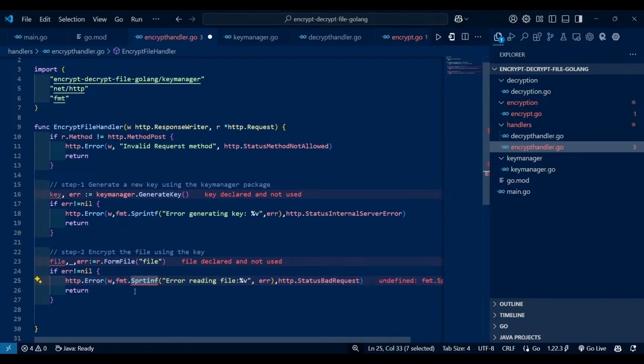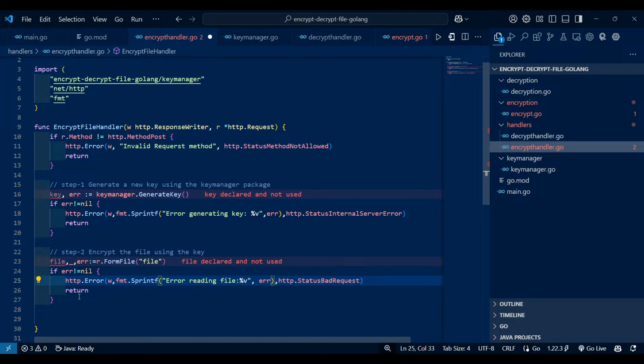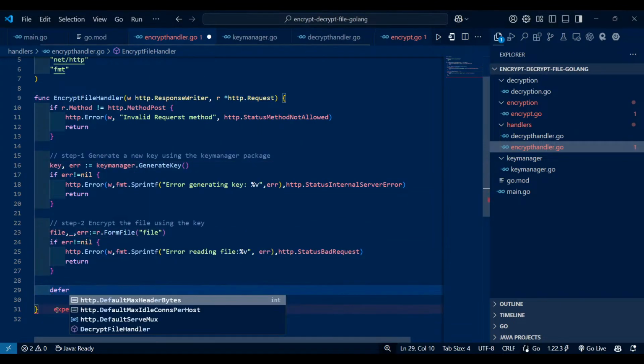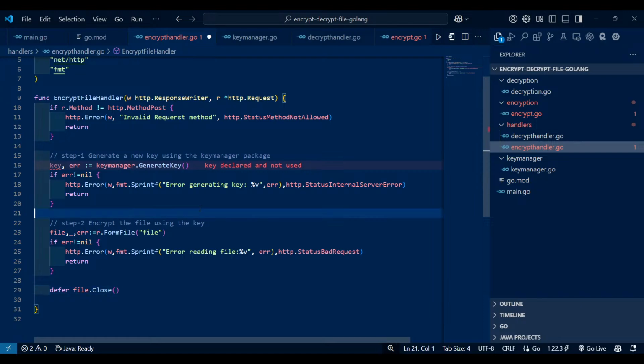So here, and simply defer file.Close. Ensure that the file is closed after the processing. If everything is going correctly, then afterwards